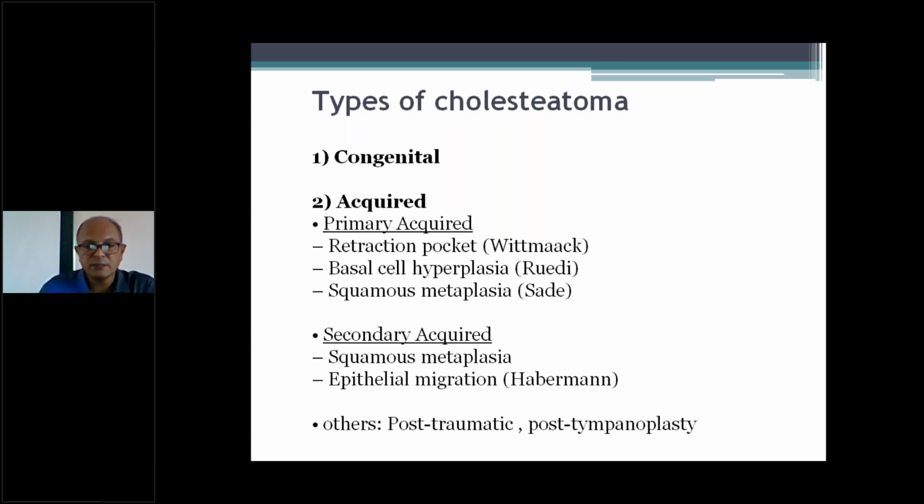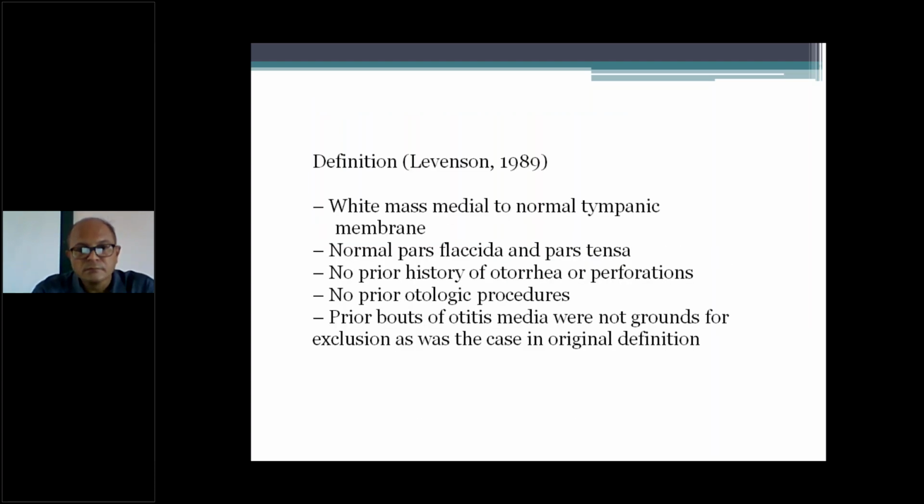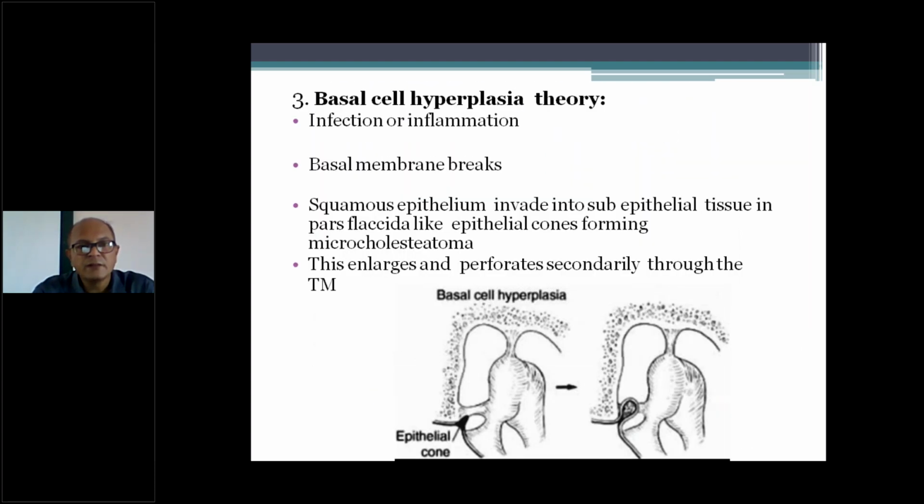So if you see the picture of malleus, incus and stapes, if the cholesteatoma has eroded the incus long process and settled down touching the handle of malleus and the stapes head, then obviously this patient will have very good hearing. But once you do the surgery, there will be a reduction in hearing rather than improvement. Because now that cholesteatoma which was bridging the gap has been removed, so definitely the hearing will come down. So these are all we have seen.